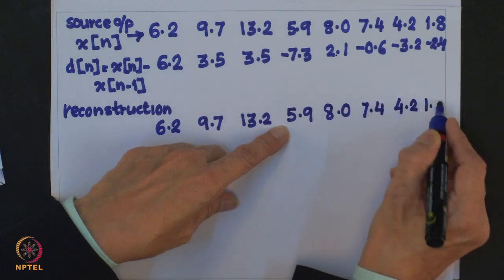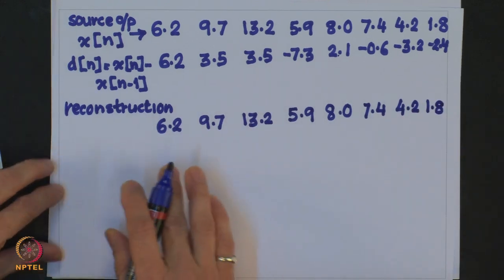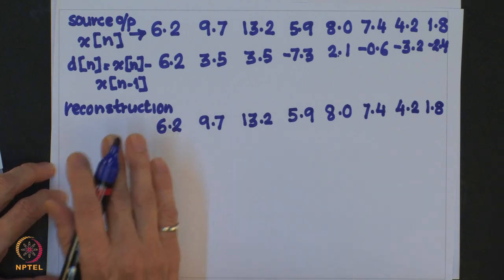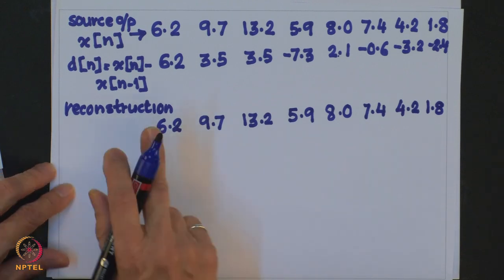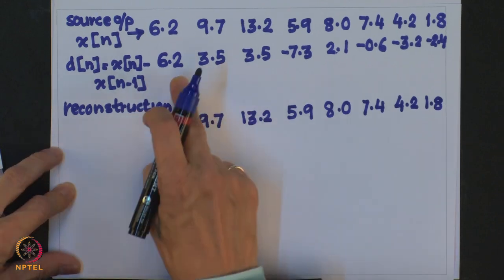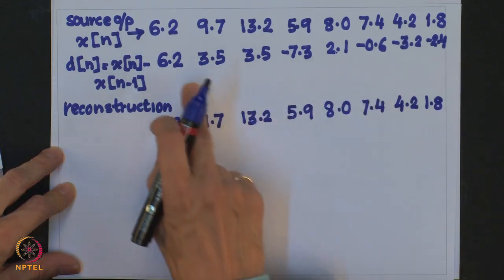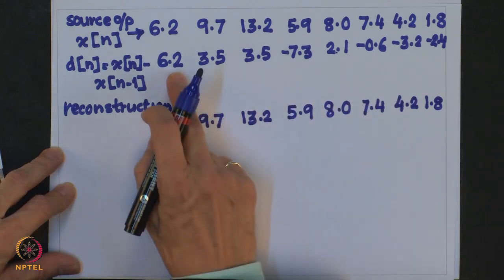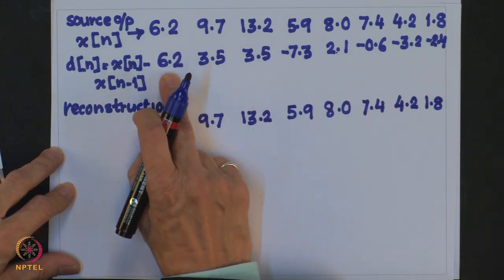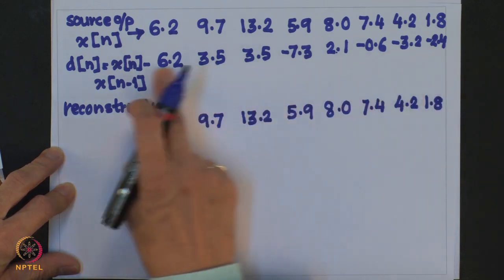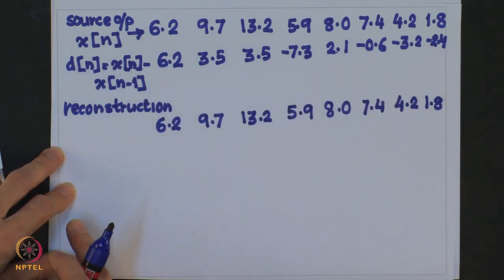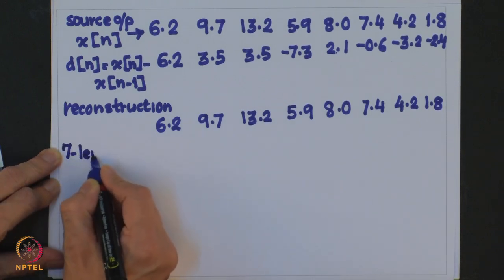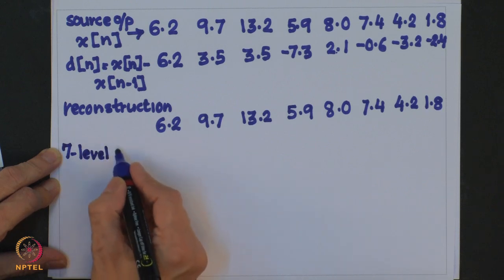4.2 and 1.8. So, what I get is the perfect reconstruction, but there is a little flaw in the argument that in practical scenarios, when I want to transmit this difference sequence, I will not be able to transmit with infinite precision. We are using digital transmission. So, what I will have to do is quantize this difference sequence. So, let us assume a 7 level uniform quantizer,